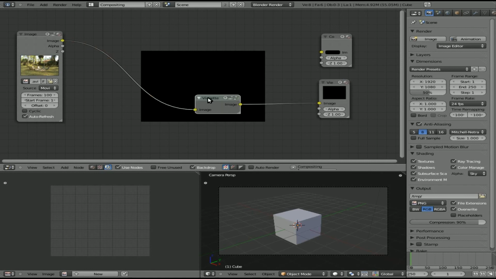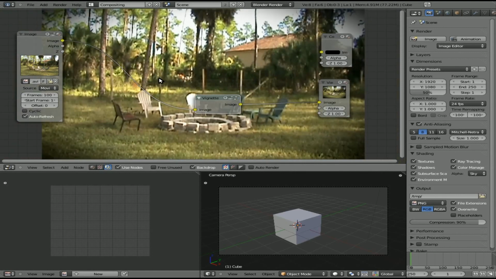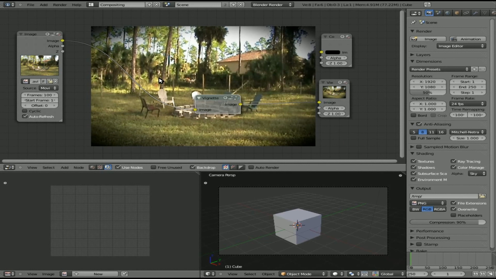So once you create an effect like the vignette, once again hit Home on your keyboard to zoom out, you can save that as a blend file and then import that group anytime you want as a node, and you don't have to go through the